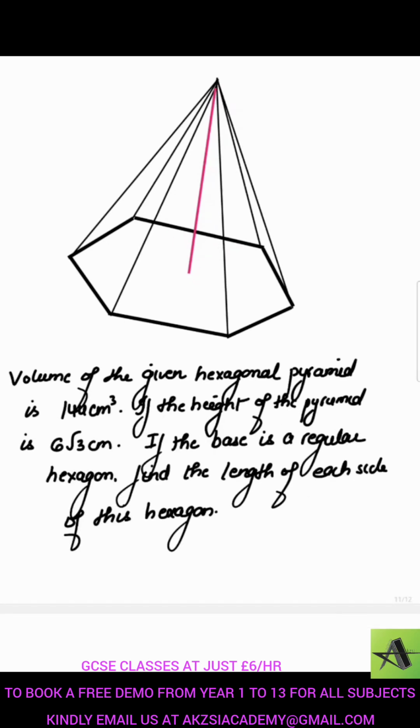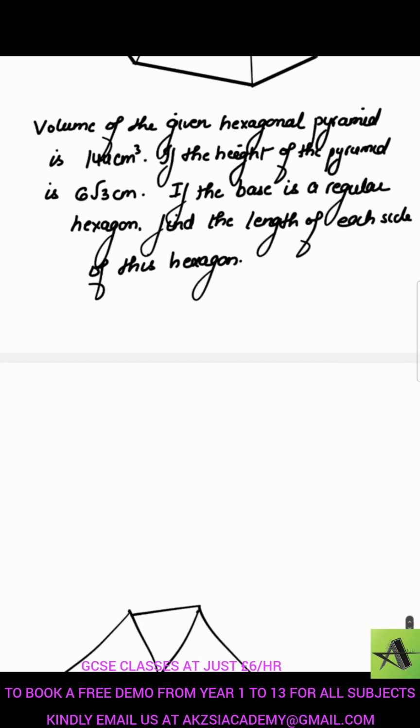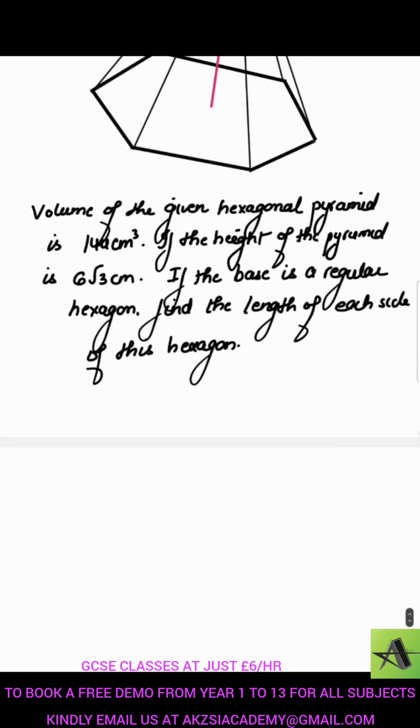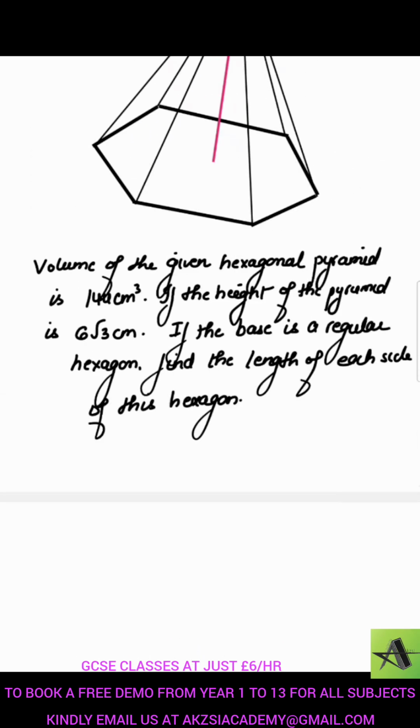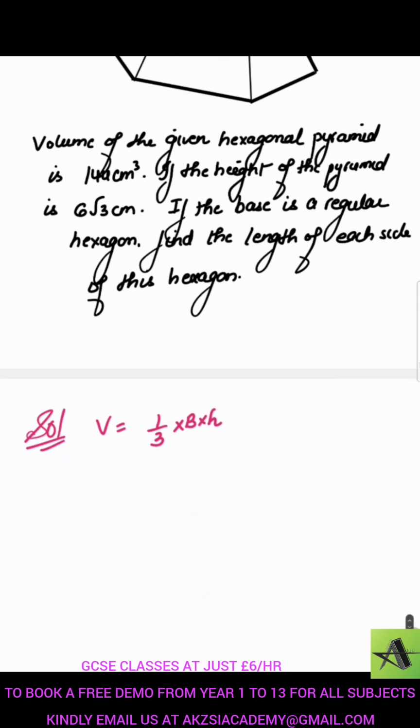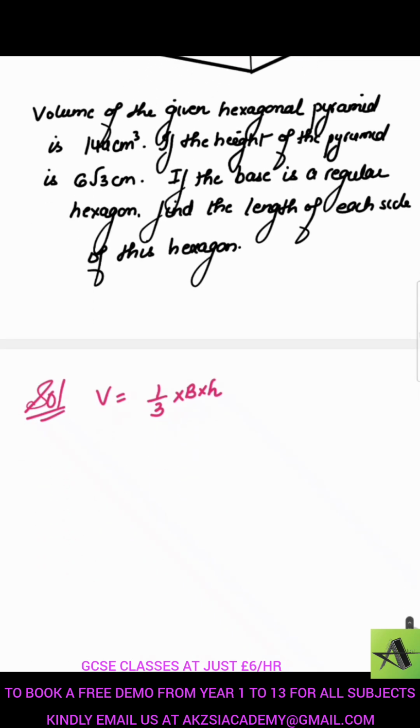So we know that the volume of a pyramid is 1 over 3 area of base times height. We already have the volume, which is given as 144. 1 over 3 times area of base, we are not aware of it, but we do know the height, which